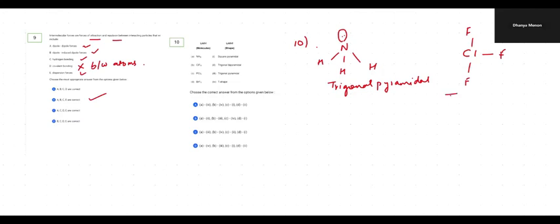Okay, so this is T-shape. The lone pair is here, but we ignore the lone pair while talking about the shape. Okay. Then I have PCl5,